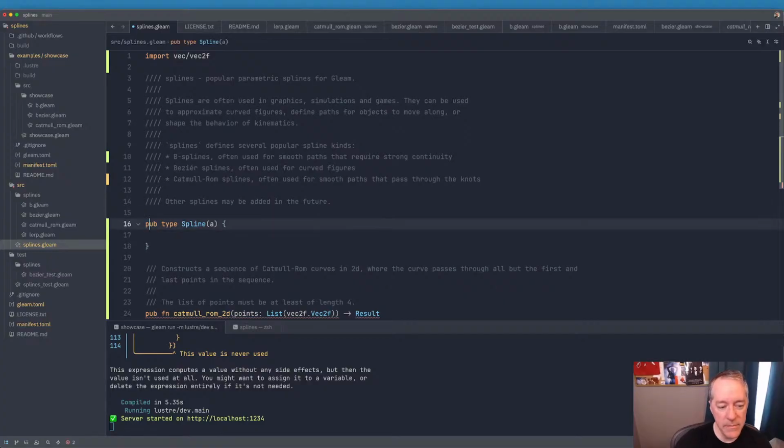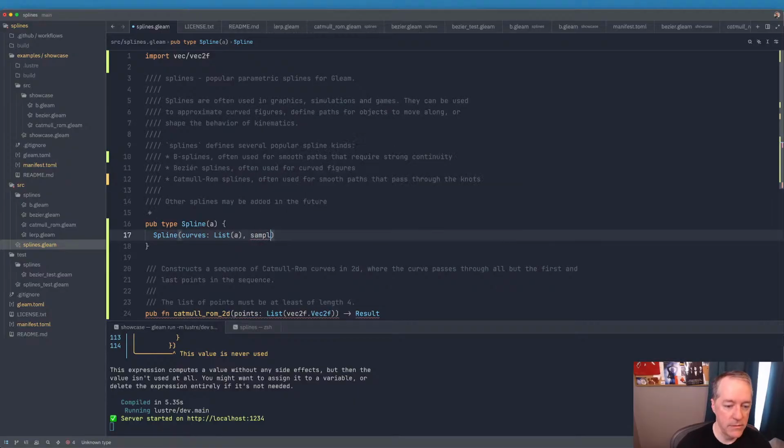And I kind of want to make it opaque. Maybe we don't need to. Let's leave it open for now. And we're going to say spline is going to contain curves, which is going to be a list of A. And then it's going to have a sample function, which takes an A and a float and returns